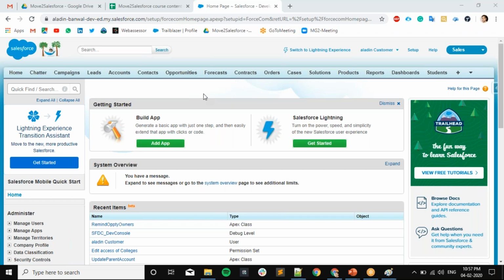Everything related to admin is developed in the admin Salesforce org, and everything related to development is worked on in the Salesforce development org. So these three developer orgs are available for development only: full stack, admin, and Salesforce. Got it?